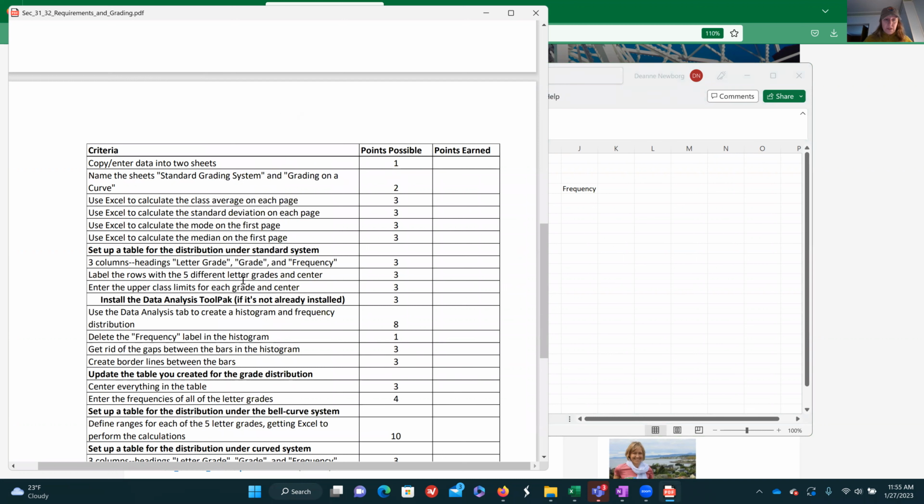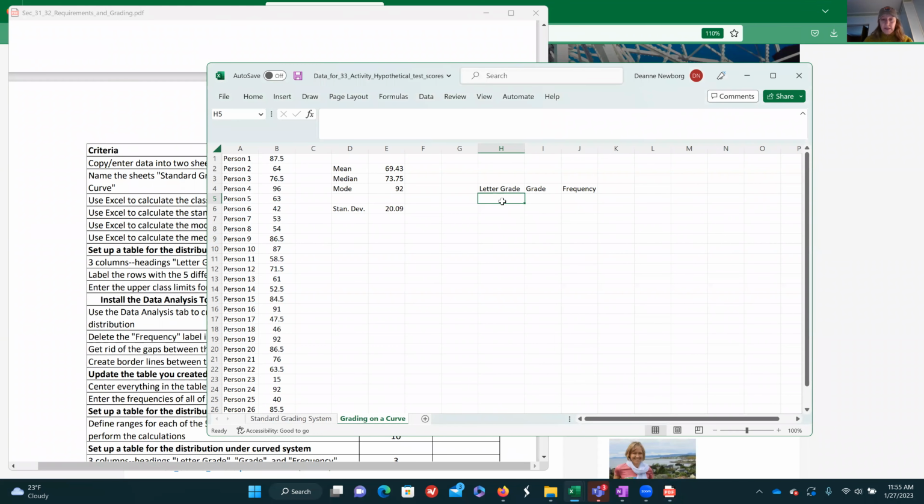Label the rows with the 5 different letter grades and center. Okay, so the letter grades are A, oops, I'll go right under letter grade. A, B, C, D, F. Okay, and then center. So I'm also gonna, letter grades sort of looks like it's in the middle, but it's